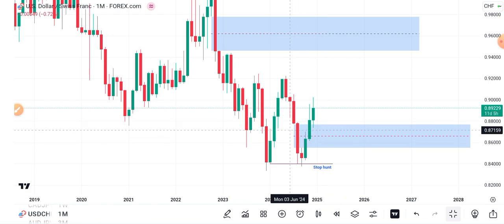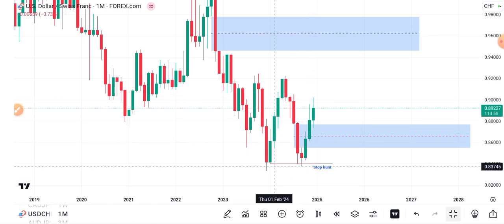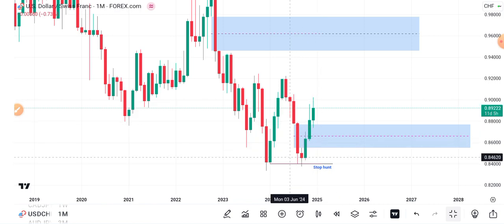And we can also see an inversion fair value gap. There was a candle close beyond it, and of course the December candle retraced a little into it. That is the inversion fair value gap giving price support higher, and this is on a monthly time frame. So this is the stop point, the inversion fair value gap I'm showing. Price retraced, got some support, and has taken out a 1 month high here. So let's see going into next year 2025 if price is willing to do more on USD CHF.